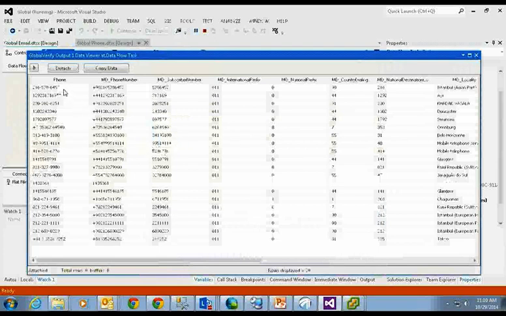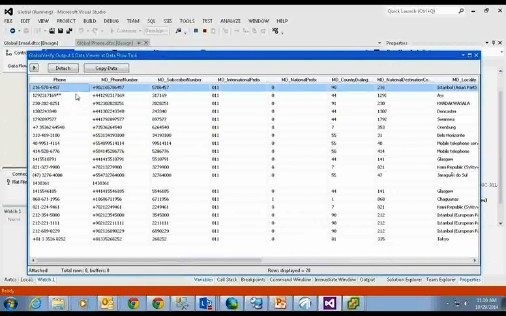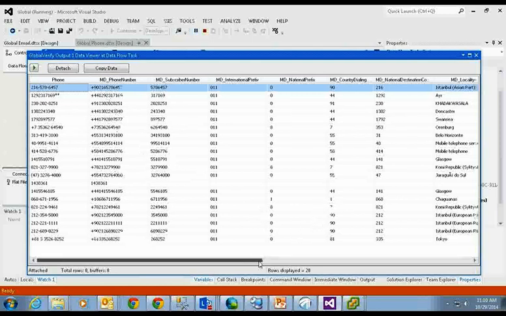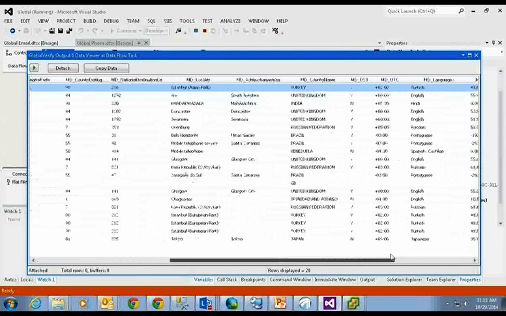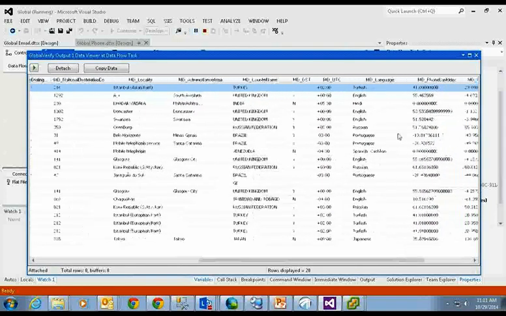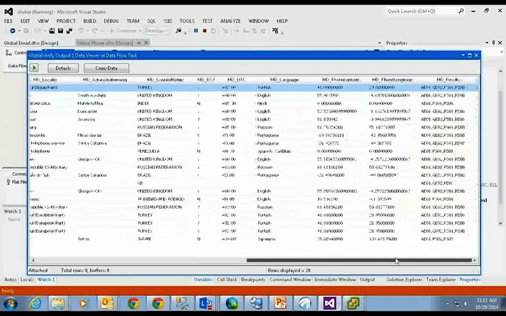So as you can see here, all of the phone numbers have now been standardized in such a way where we have the international prefix, we have the destination code, and also the subscriber numbers. Everything is formatted the way they should be according to the country where it belongs. And if we look over here at the end, we can see, of course, all of the metadata we're getting back: UTC, even the language for that country, the city, the state we also get, and then the latitude, longitude,